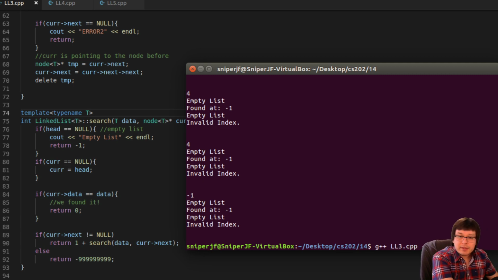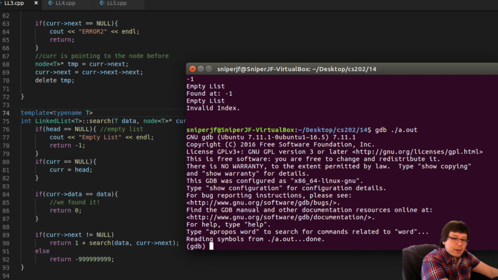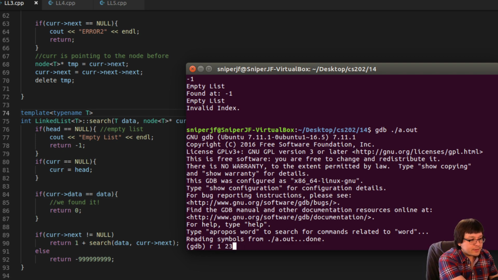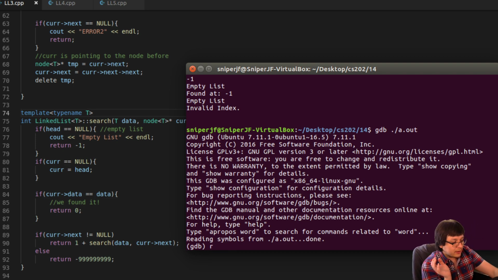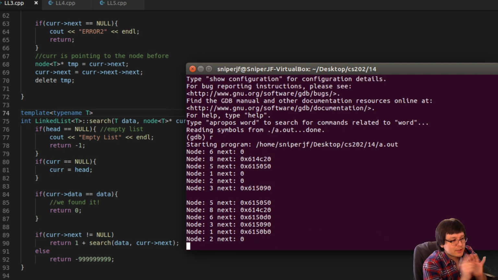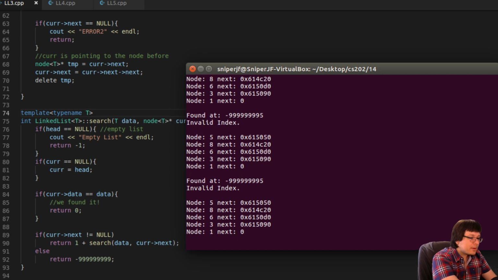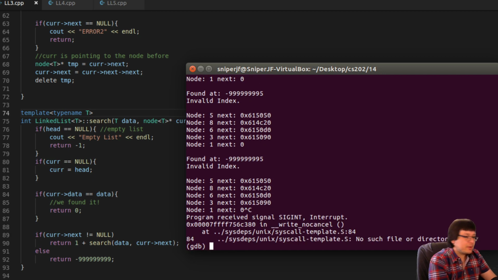When I ran the program in the debugger like this, with GDB, I type in R to run the program. If this program required command line arguments, I would type those in here, just like on the normal terminal, like a.out 35. Let's say those were the command line arguments. In this case, you would say R 35. But there are no command line arguments, so I just put in R. However, if I do that, it just runs the program, and then I can work with the program. This is me typing Q and breaking it because it expects a number.